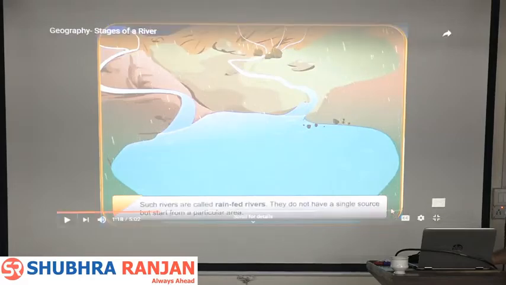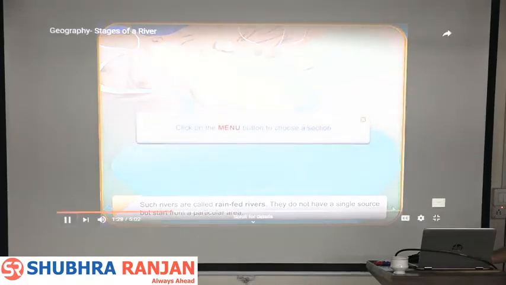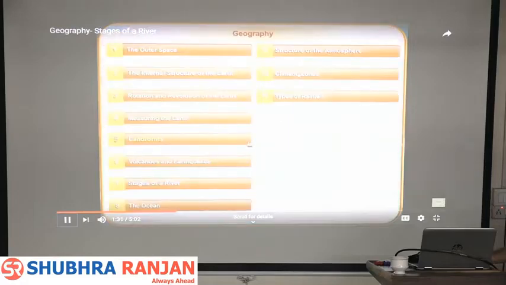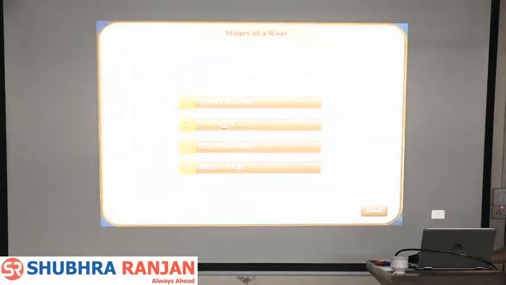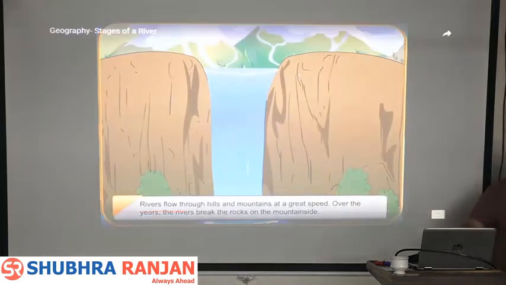So you can see Himalayan rivers are snow-fed. Peninsular rivers are streams, which will be rain-fed rivers. And this is what is important. When the rivers are flowing with great speed,